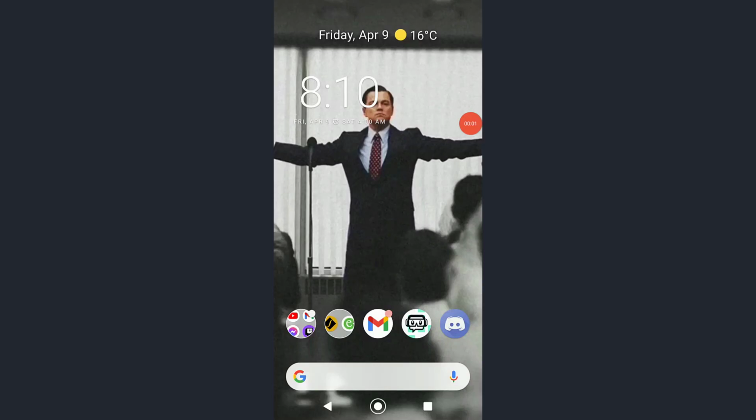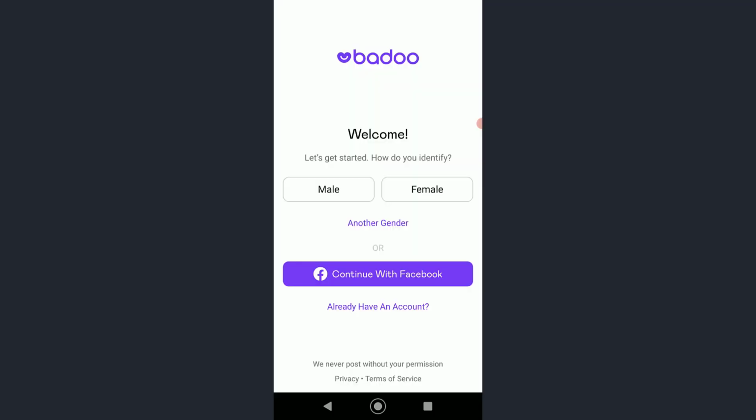Hello everyone, today I'm about to teach you how you can sign up for a Badoo account. So simply open your Badoo application on your mobile device, and once you have done that, in order to sign up, you can either click on continue with Facebook, and then you can already sign up from Facebook, or you'll have to answer these